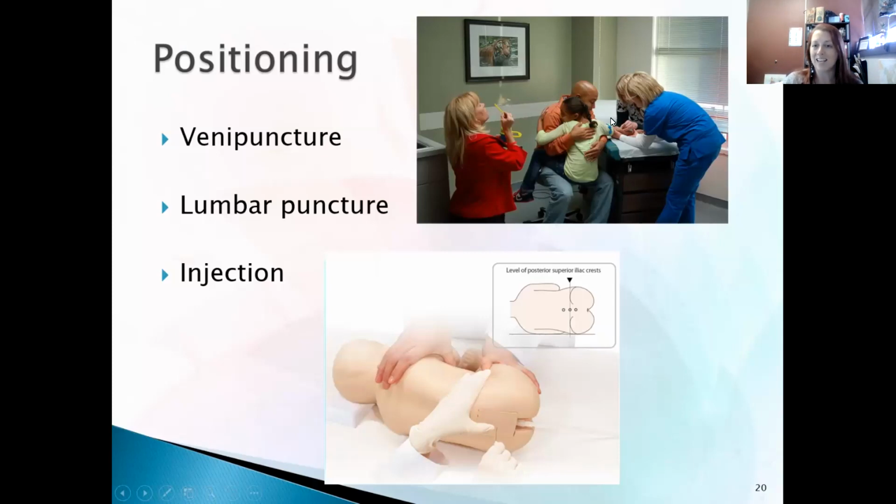We're able to access the arm that we need to start the IV or do the procedure on. And then the legs, while not restrained, can move easily, but they're also not going to cause harm to the nurses that are starting this IV. And then don't forget, we've got child life therapy over here doing some pulls and some distraction techniques for this